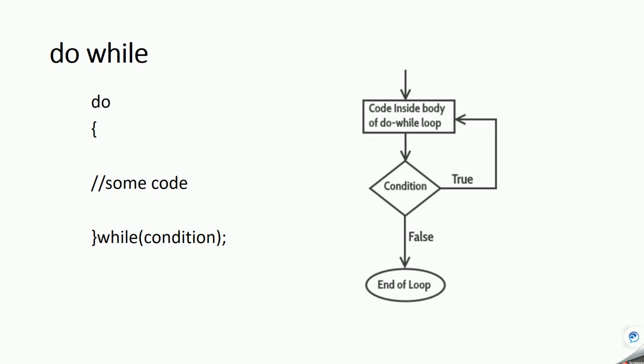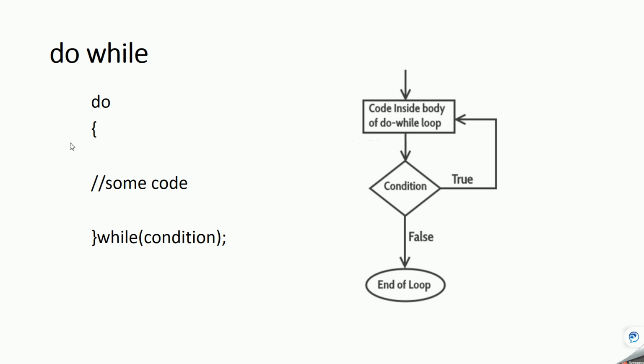In this video, we are going to learn another C programming concept called do while. So let's see what is do while. Before proceeding further, I would recommend you watch my video on while loop. If you know the concept of while loop, it will be easy to understand this do while loop. So do while loop is similar to while loop, just there is one difference here.